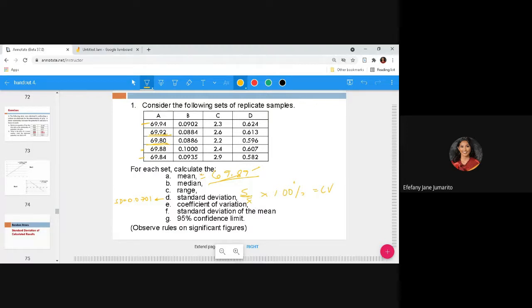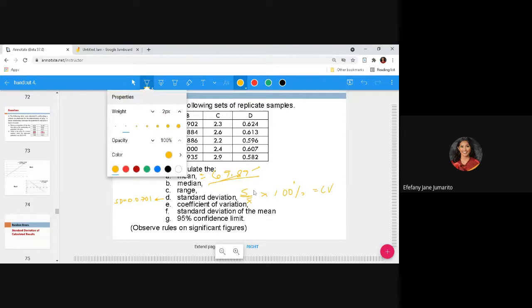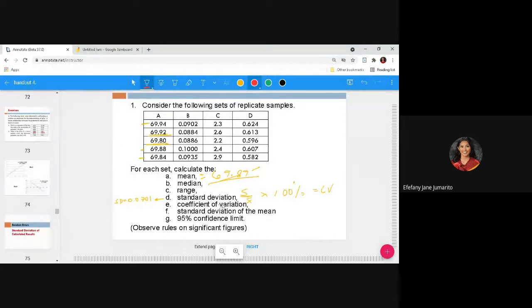Right, class? We already have S. You just follow the formula. You have this one, your formula for CV, coefficient of variation. CV is equal to this one, S over X prime times 100%. Now, we already got our S, right? The S here stands for standard deviation. The standard deviation we got is